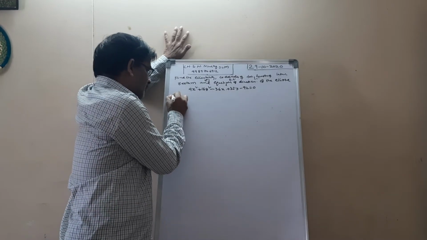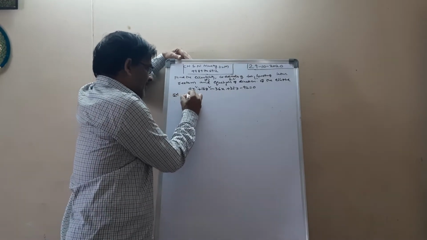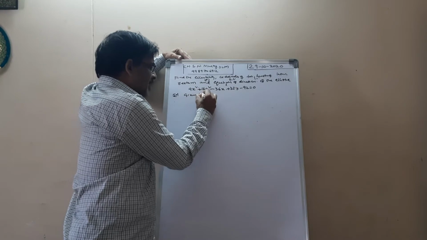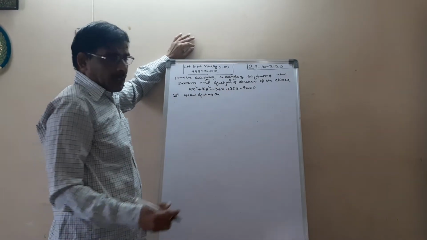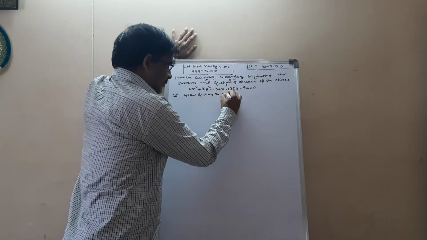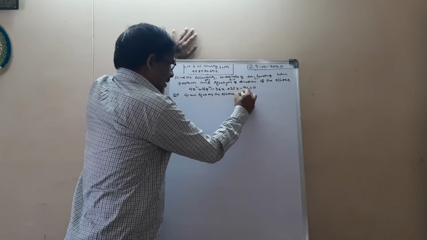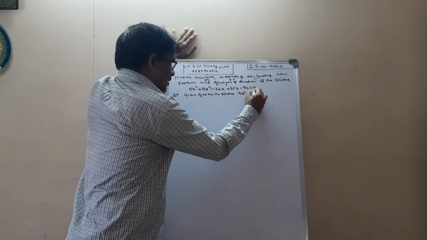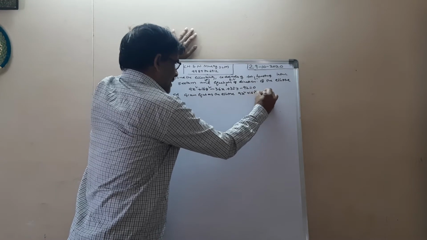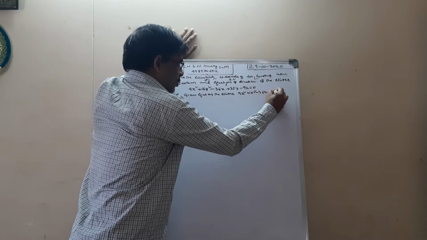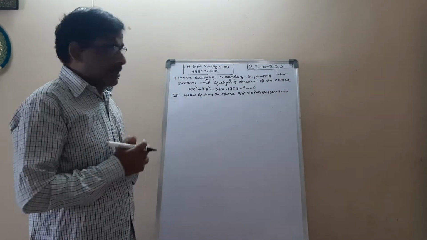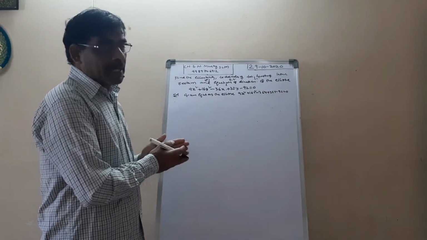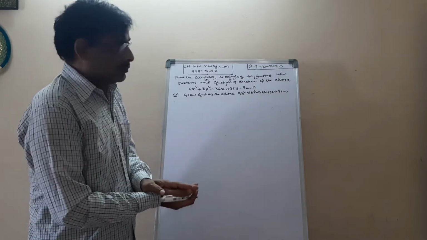See, given equation of the ellipse, that is 9x square plus 16y square minus 36x plus 32y minus 92 equal to 0. This is our ellipse. See, we have to write this ellipse in our standard form. Okay.